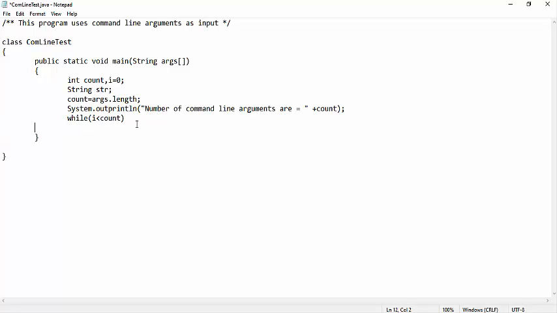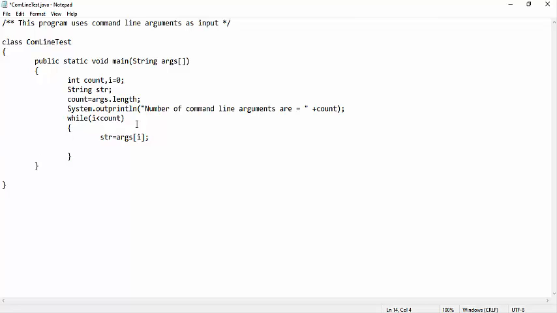Open the while loop. First we have to store the value. The value passed at the command line can be accessed by using its index. So for that purpose, str is equal to args of i. Initially what is the value of i? The value of i is 0.